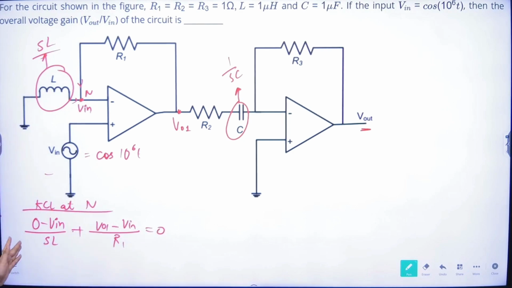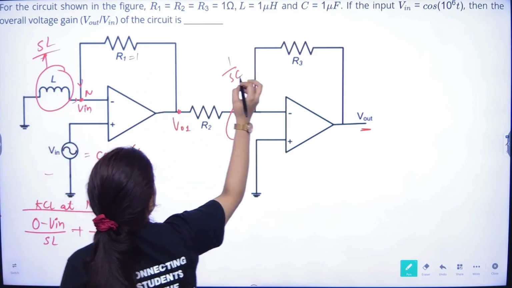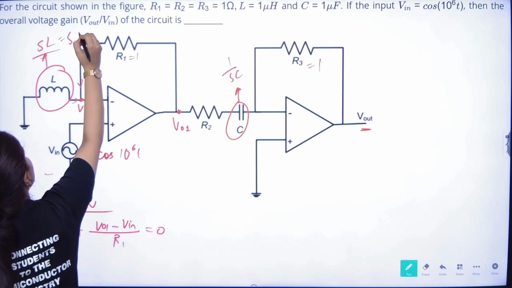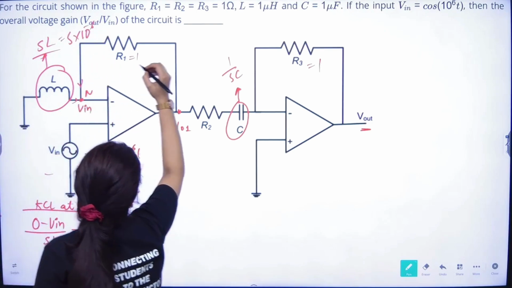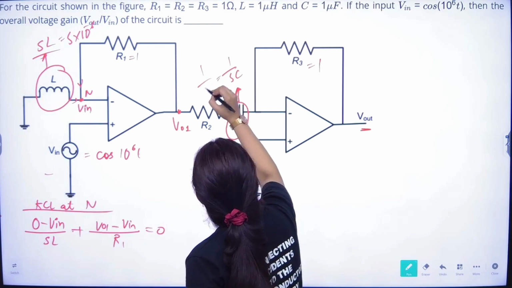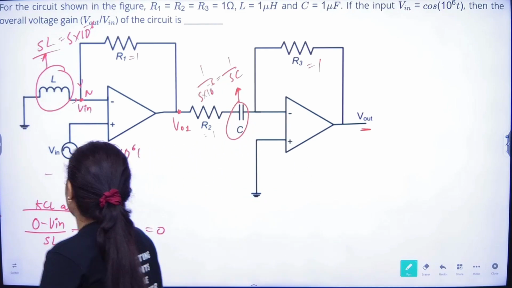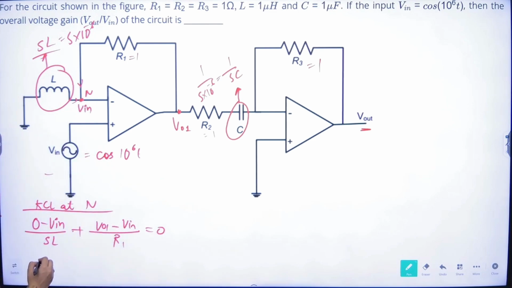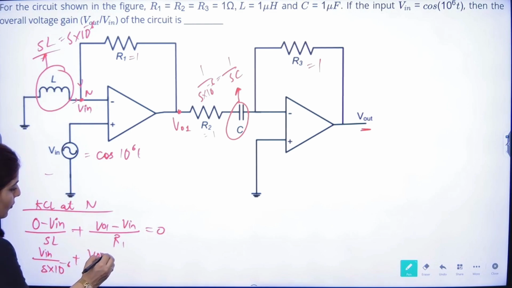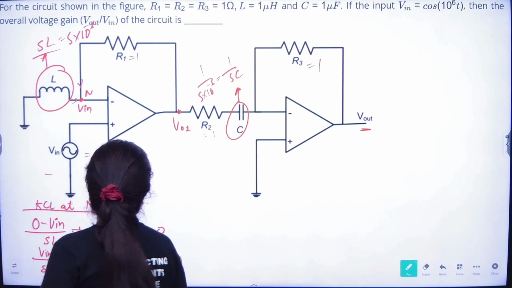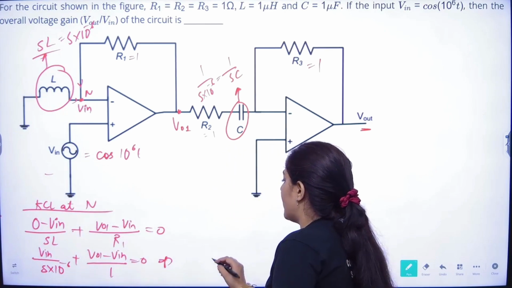We know all the values, so this is also 1. This is 1, right? What will this be? S into 10 raised to power minus 6, and this will be 1 by S into 10 raised to power minus 6. This is also 1. So we can replace everything. So what we will get is V_in divided by S into 10 raised to power minus 6 plus V01 minus V_in divided by 1 is equal to 0. What we have to find out is V01